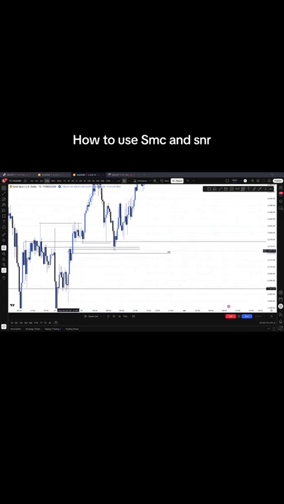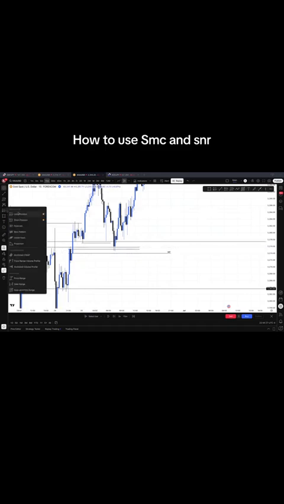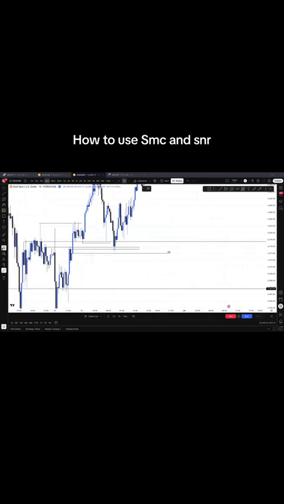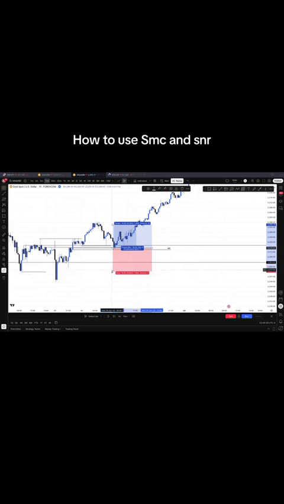I had this level which I had mapped as my POI, and then this was the other breaker block, giving me more confluence, or more confirmations, for this particular POI I wanted to take my trade off from. So I went ahead and set my limits at this level, and then my SL below this low here,